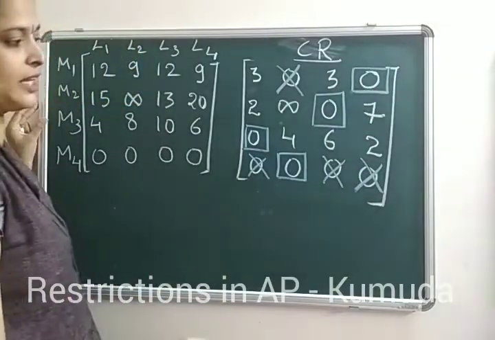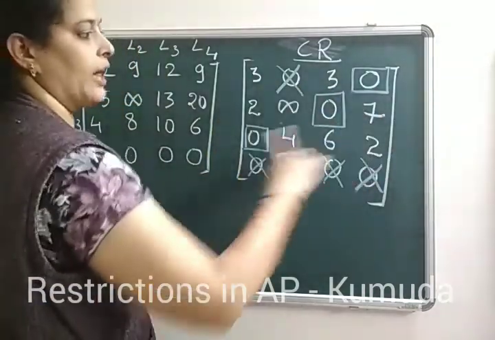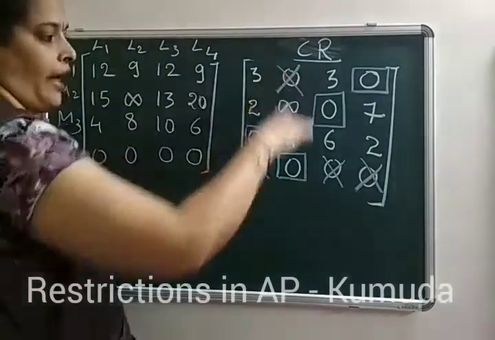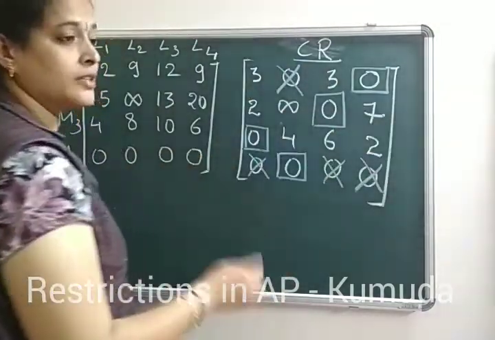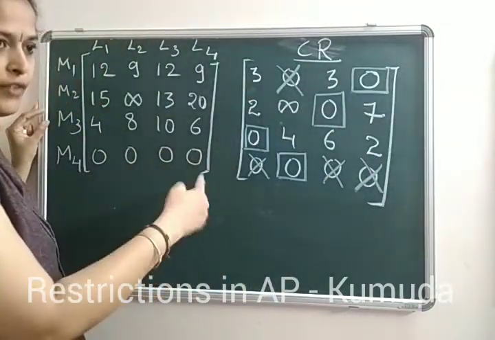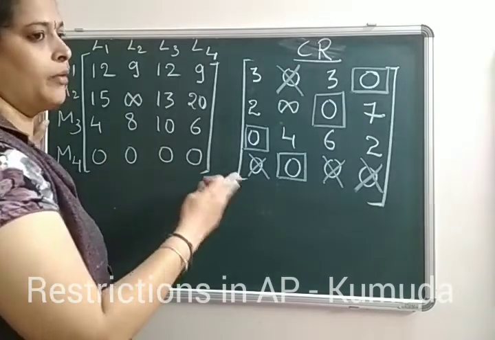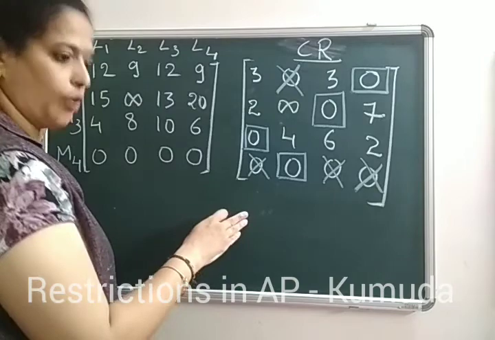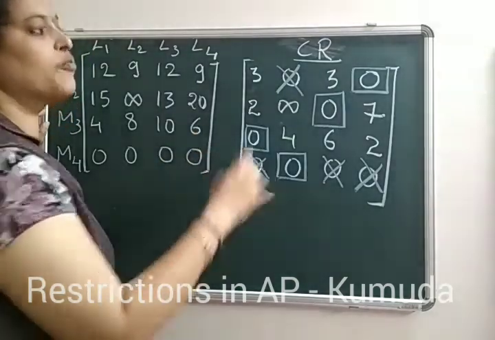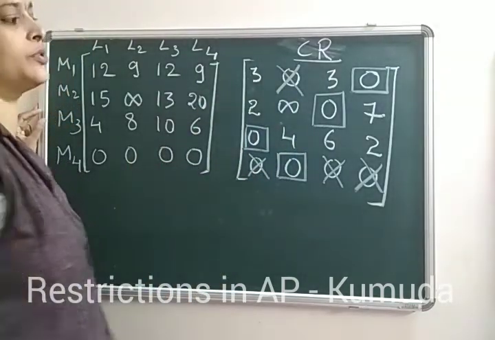Now after the assignment, we check whether every row has an assignment, and similarly whether every column has an assignment. The rule is every row should get an assignment and every column should get an assignment. There should be no situation where any row or column does not have an assignment, and no row or column should have more than one assignment. So that is the condition.